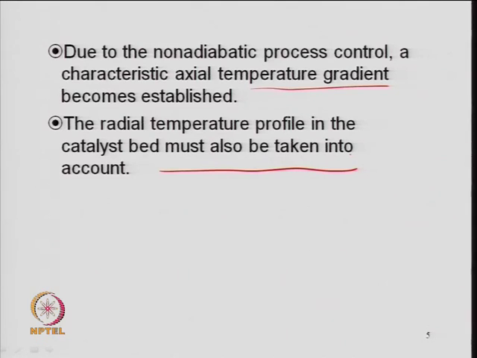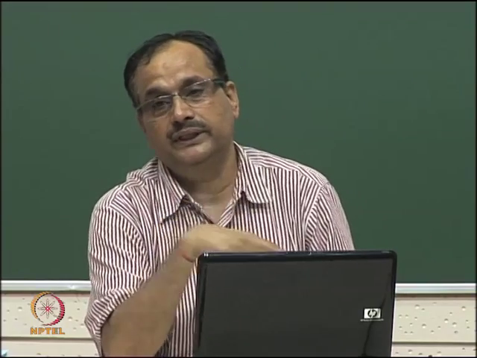In fact, when you are writing these terms, one needs to write the energy balance equation in the axial direction, which will involve a thermal conductivity term. So, lambda times dT by dz, which you write from Fourier's law of heat conduction, will come here. You are not talking just about convective heat transfer; because of the thermal gradients there will also be conductive heat transfer in the radial and axial directions. So there is a term related to the thermal conductivity k, times dT by dz or k times dT by dr.